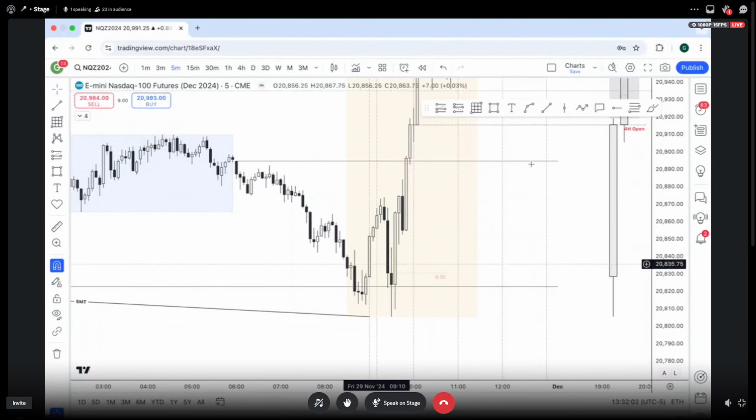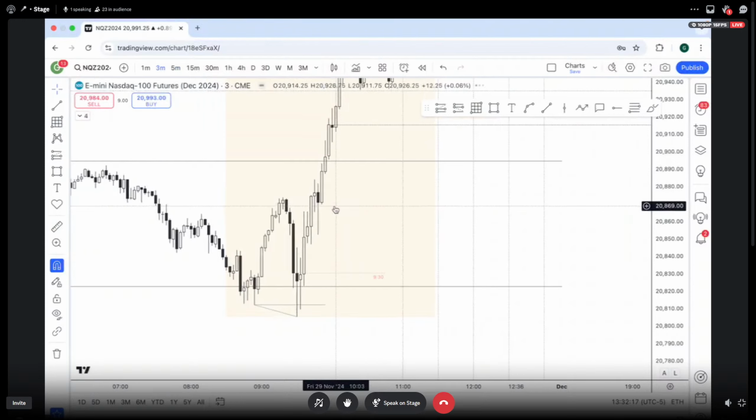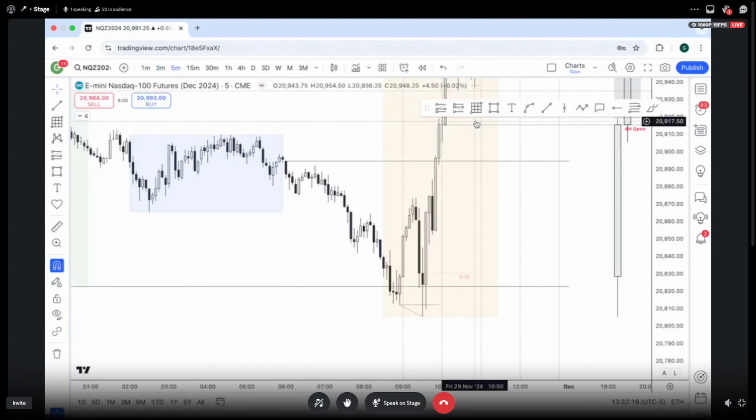Right, so at 9:30 we take out this low again on the lower time frame. Whoops. Let me create another SMT. When I saw that, I went on the 3 minute. So you have a couple options here. You can take the trade on here,